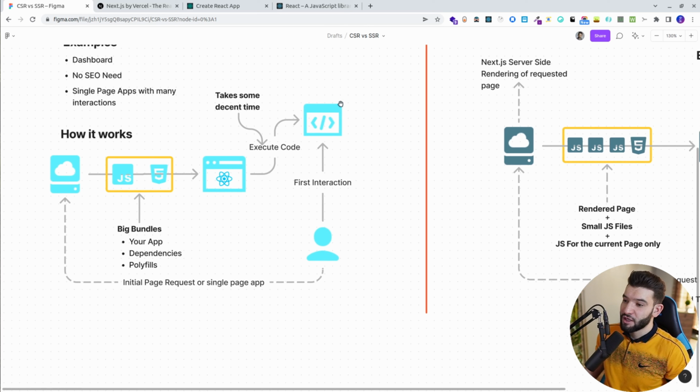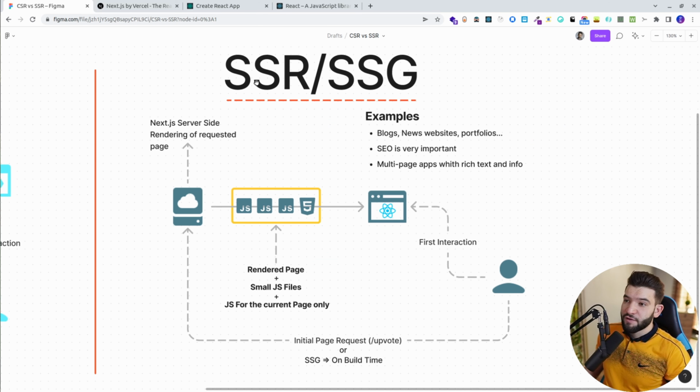And eventually, oh, that's it. We render the actual web page and the user can have the first interaction. As you can see, it goes through a lot of stumbles, a lot of hot points in order to actually reach the first interaction of a user, which might cause some delay and a really bad user experience. On the other hand, if we move into SSR and SSG,